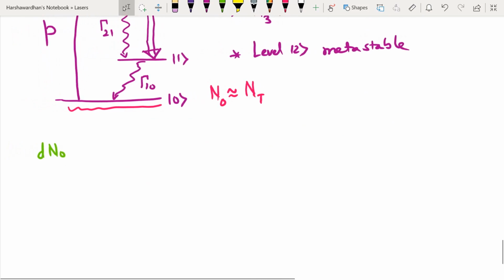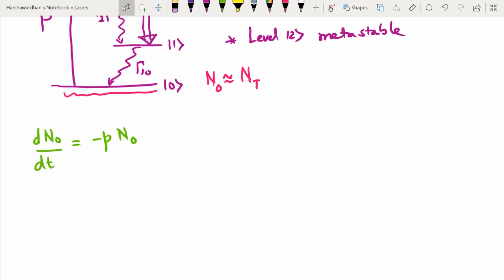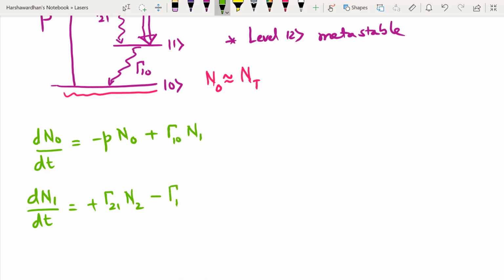So dn0 over dt. The ground state population is lost due to pumping, and it increases due to the decay from the level 1. And then I'll write down the two equations governing the lasing transitions. Of course, there is a gamma 21 N2 that increases the ground state population through decay along the lasing transition route, and there is gamma 10 which decreases the ground state population to the final state 0, and